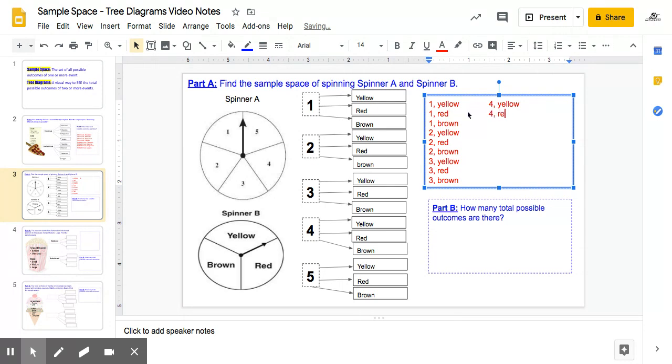I can land on a 4 and a red. I can land on a 4 and a brown. Keep on going. Now I'm up to 5. I can land on a 5 and a yellow. Okay, I can land on a 5 and a red. And last but not least, I can land on a 5 and a brown. Okay, boys and girls, so these are all my different possibilities of those two events, spinning spinner A and then